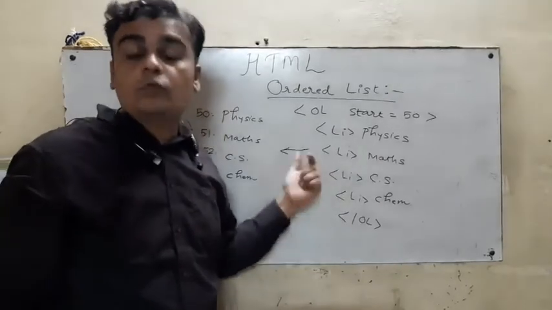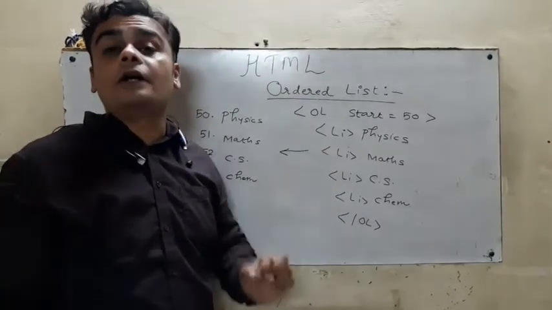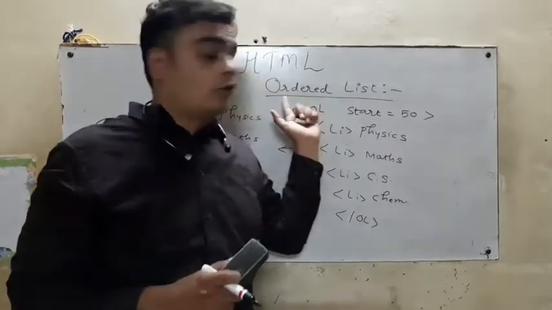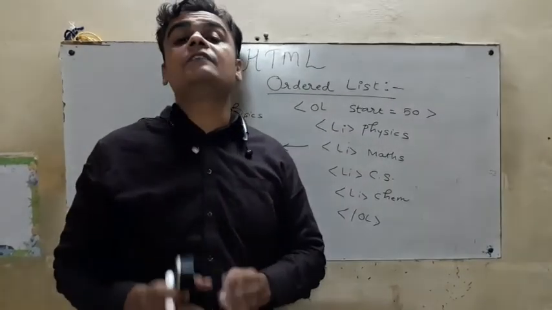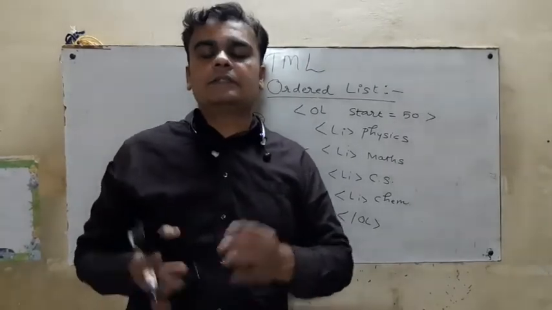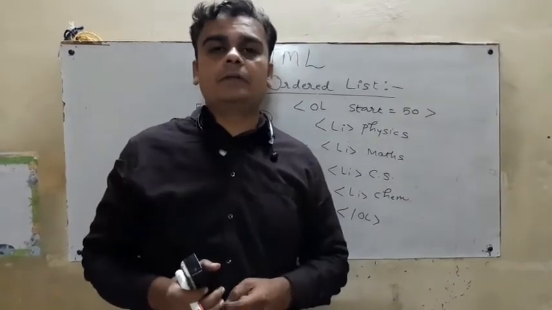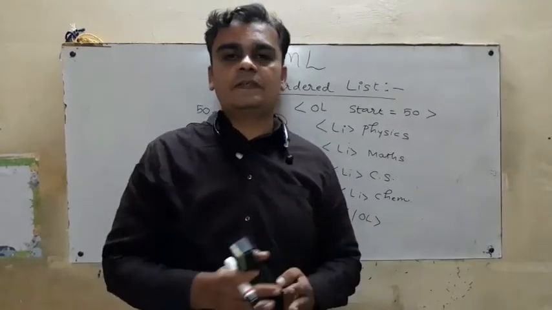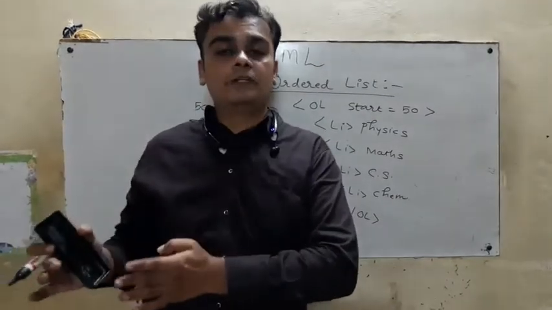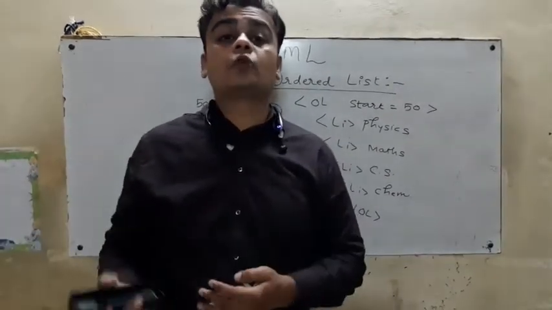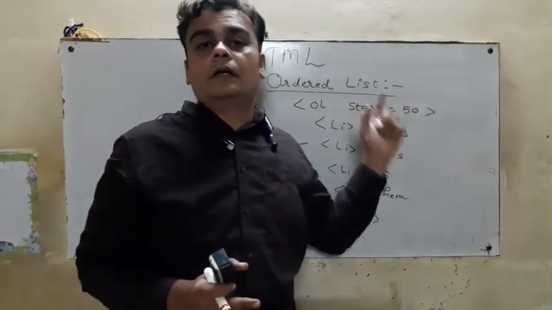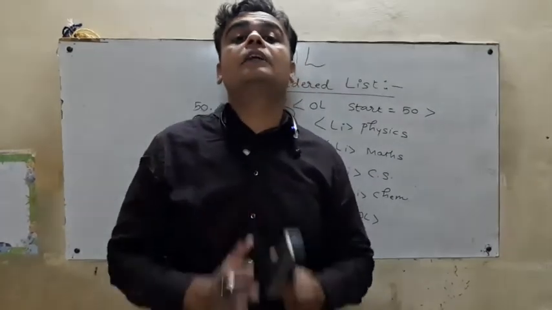So there is one more list called unordered list. What happens in case of unordered list? As we studied in ordered list, the sequence of data is very important, very crucial. We can't change its sequence. For example, our examination timetable. Suppose from Monday the examination is there, and our first paper is physics, then the second paper is chemistry, then computer science, then maths, then English, and so on. We can't change the sequence. So it is called ordered format. And now our next concept is unordered list.